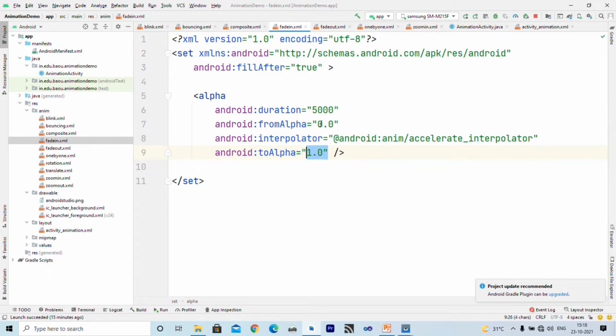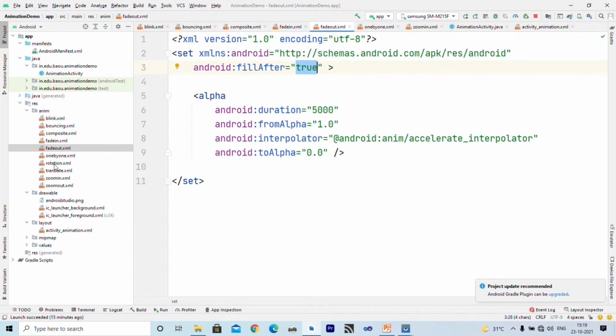That means it converts from invisible to visible, and fade out is the reverse of this. Here you can see it goes from visible 100% to 0%, and here you can see fillAfter is true. So it will not come back to its original state after the animation.